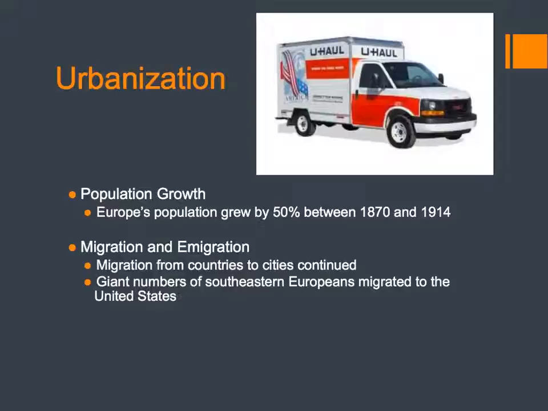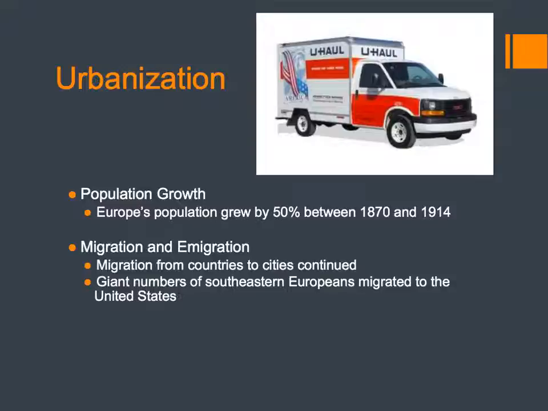Okay, so urbanization, people moving to the cities. We've already studied in the Industrial Revolution the effects of this and the reasons for it, so not a whole lot of reasons to get too in-depth with those reasons. But just overall, the population of Europe grows by 50% in a period of 1870 to 1914. By 1909, European cities have populations of over 1 million people, and you have a significant decline in mortality rates, especially among children. So people are dying less often.